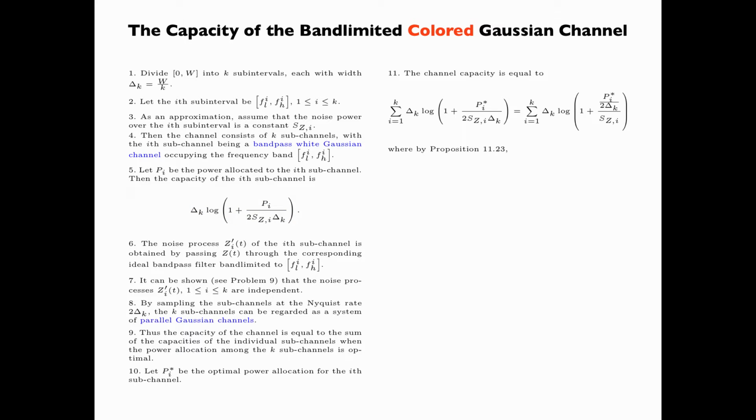And by Proposition 11.23, the value of Pi*/(2Δk) is equal to the positive part of ν - S_Z,i,